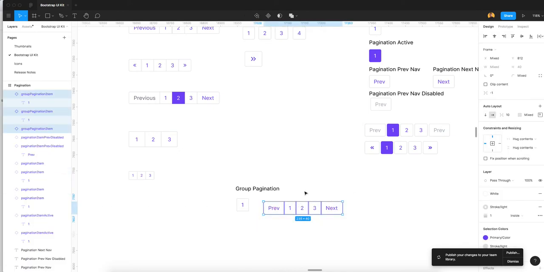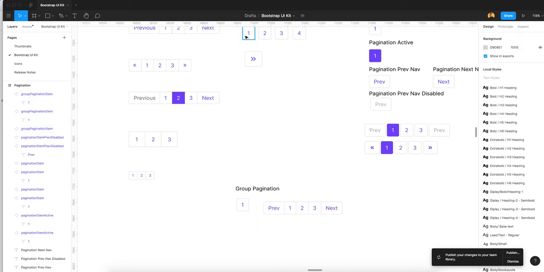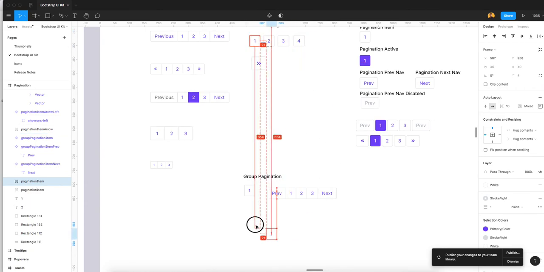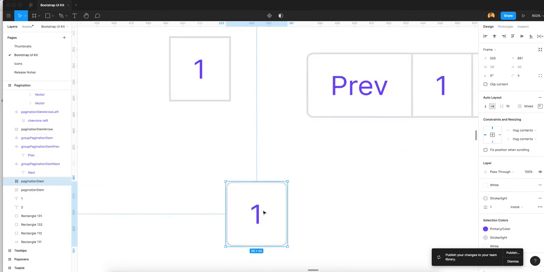So now you will need to create an active. I will again use the same component and create a group pagination active. Group pagination active.